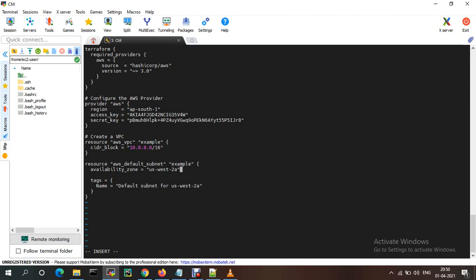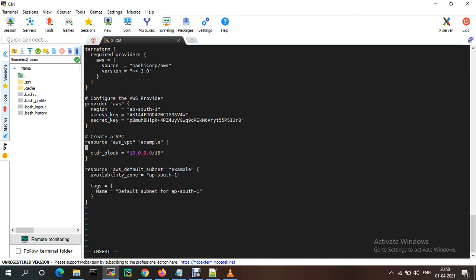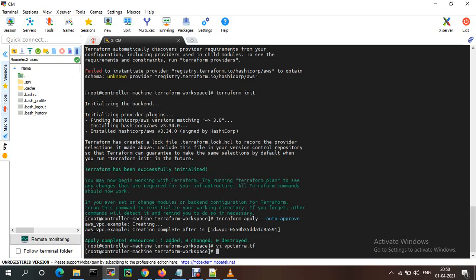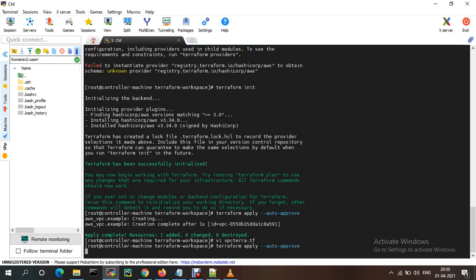For example, the availability zone is AP South 1. The default subnet is AP South 1. Okay, I'm just applying this one.